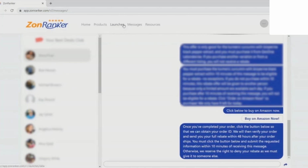And so one of the really nice things about ZonRanker, in this tool, is you do not need to be an expert at chatbots. You don't even need to understand chatbots or how they work or how flows work, or you don't have to build a flow. ZonRanker has already built out the flows for your giveaways so that you can get set up in minutes. And they've tested over tens of thousands of dollars of ad spend what works really good for chatbot